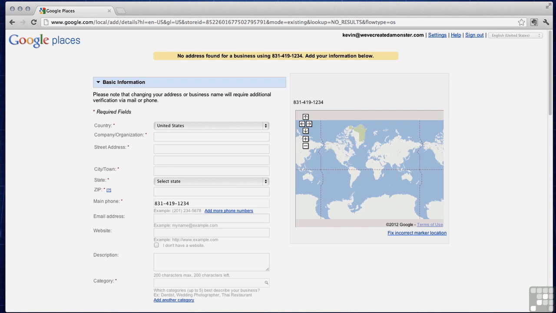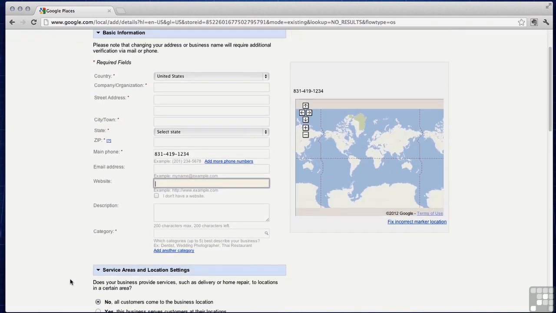Now it's a huge web form that you can use to fill out where your business is located and some other information. The first thing you're going to want to do is enter some very basic information about your business, where it's located and things like that. Most of these values are required, as you can see by this red star next to them. For example, city or town has the little red star. However, some of them aren't required, but they are very, very important. The most important for SEO purposes is this one here, website. Although that field isn't required, you definitely are going to want to have a link to your website in this field.